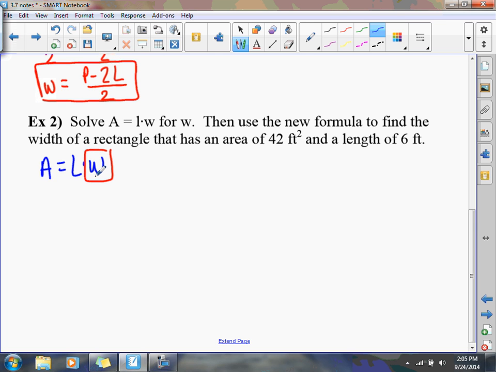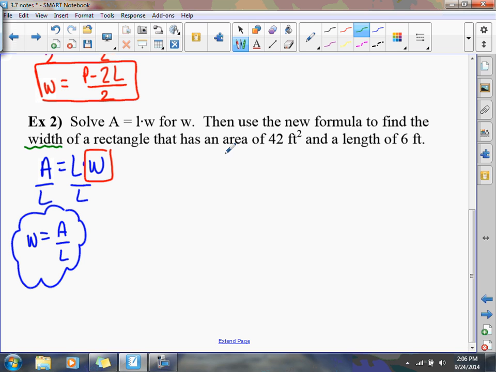So if I'm trying to get the W by itself, I'd have to divide by the length. So W equals area divided by the length. So that's my new formula. Now that I have that new formula, I'm going to find the width. Oh, good, that's what I have this equation solved for. So find the width, that's what I'm finding,